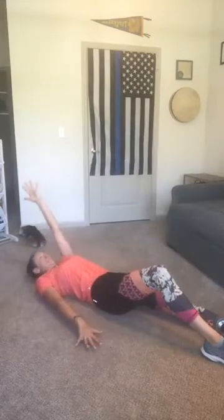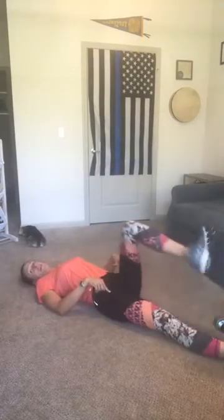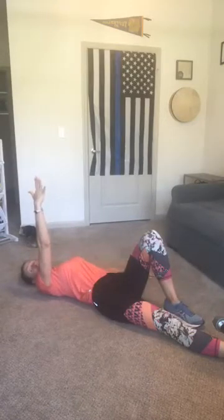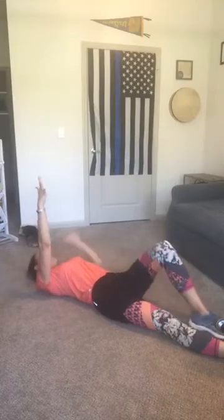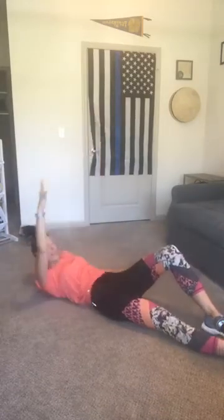2 more. And last one. Good, let's come down. Last one we're going to do, flip-flop your legs. Straighten your left leg, bend your right leg. Reach your left arm to the sky, press your right hand off to the side, and we'll practice our half get up. So roll to your right side and push down into your elbow, your forearm, and your hand